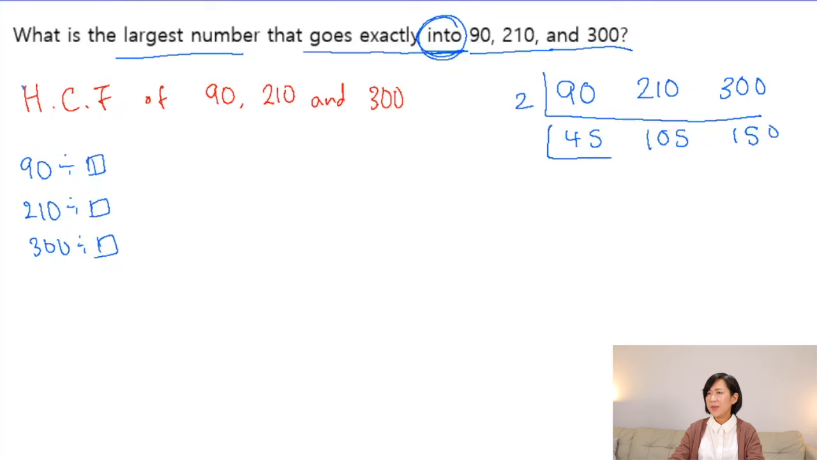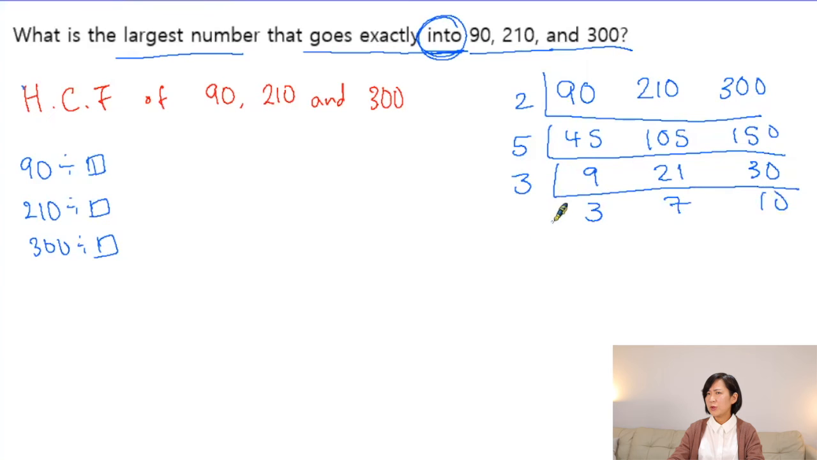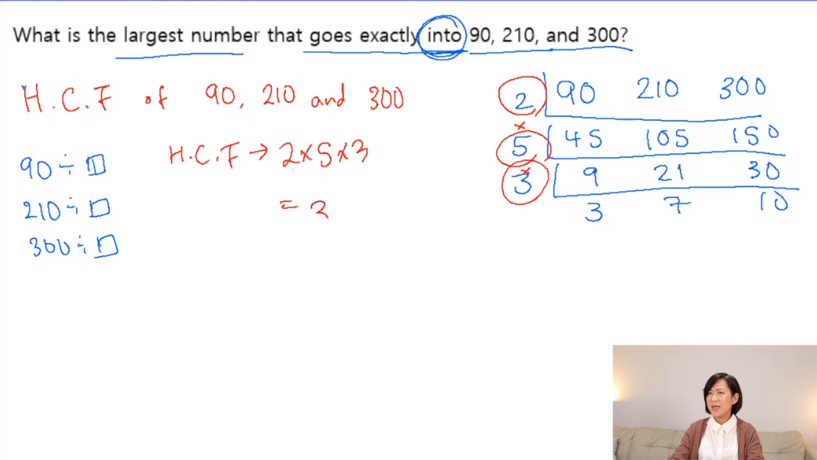Then let's see, I think we can get 5, 9, 21, and 30. Then 3 can be the number: 3, 7, 10. Then I think we need to stop here. We can't find any more. Then we are looking for the highest common factors, all the numbers alongside the vertical line. So that is 2 times 5 times 3 makes 30, which is the biggest number you can divide into all 3